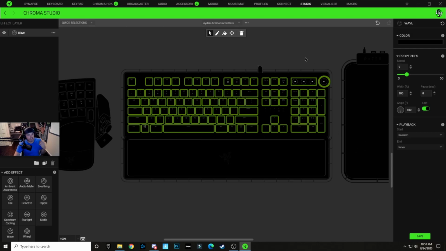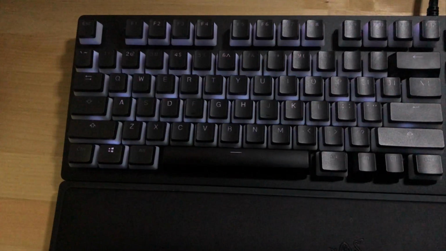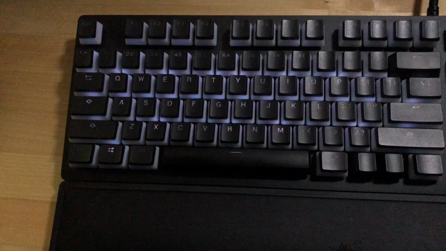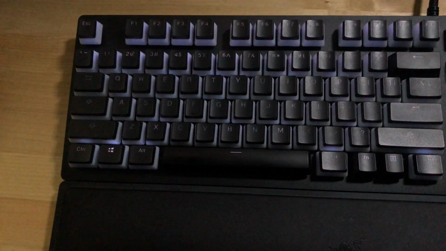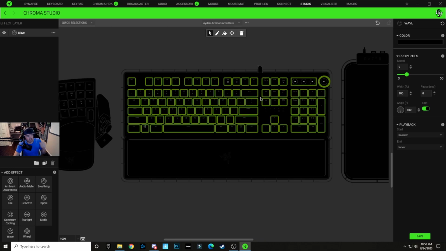Okay, and it looks like there's nothing going on with the keyboard. It looks like it's just black and nothing's happening, but there is some very subtle light that definitely shows on your keyboard. We're going to double click on this lighting zone to select all of our lighting zones that we just changed,